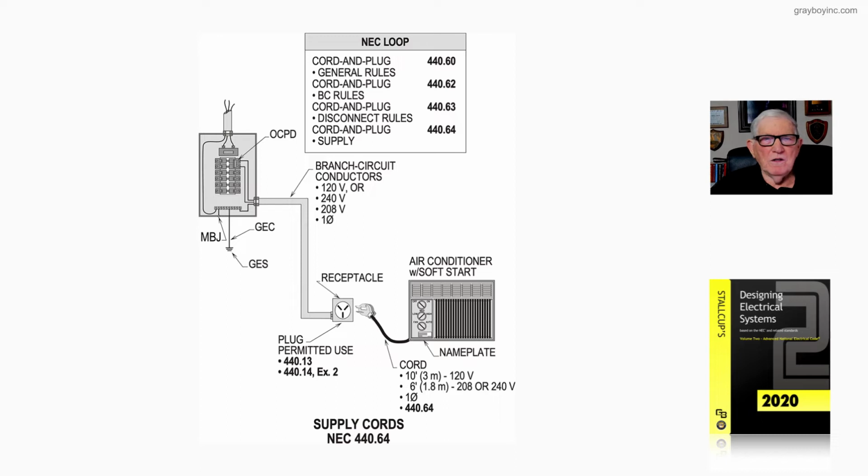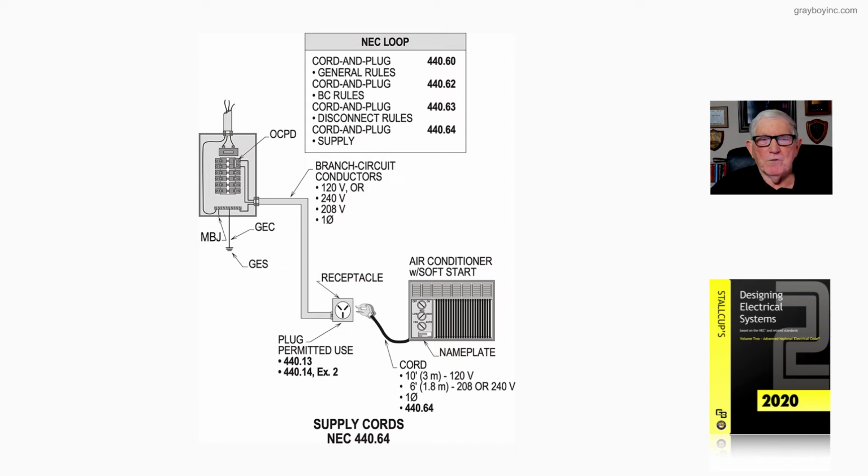Now, notice that we have 120 volt, 240 volt, or 208 volt type circuitry here, single phase, cord and plug connected, window unit with a soft start. Again, the soft start just reduces inrush current characteristics that are not short circuit, ground faults, or overloads. And then notice the plug's permitted use,